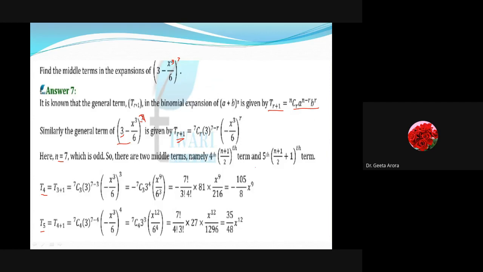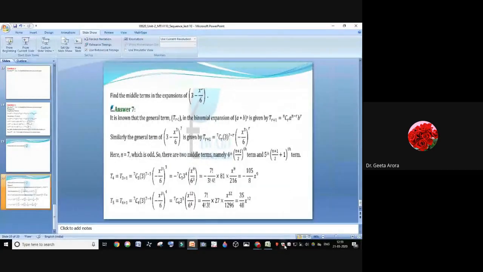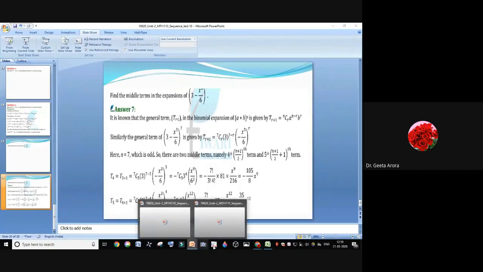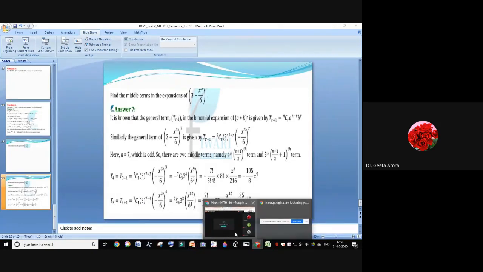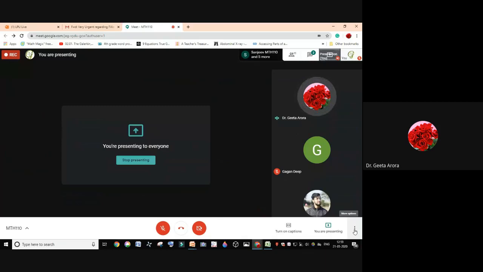Here we have talked about the middle terms, but normally the examiner can ask you to find these particular terms from this expression. Either it could be an arithmetic series or geometric series as we have seen, or here in the binomial theorem we have the expansion. Correct? So this is what we have till now in the second unit. This finishes the second unit concepts: sequences, series and the binomial theorem. The next we are going to work with is related to trigonometry. So be sure to be there in the next one.